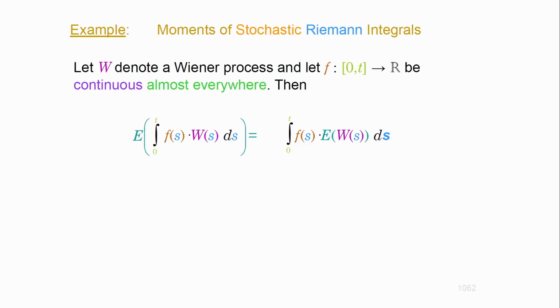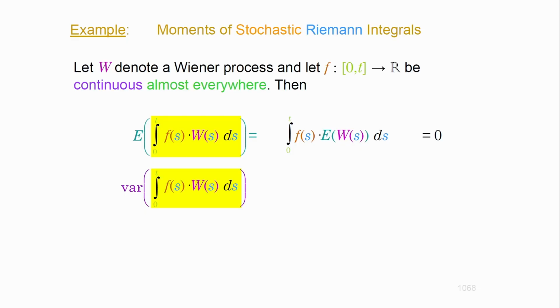Now, what about the expectation of the Wiener process? The expectation of the Wiener process is 0, by the way, right? So here comes the integral of 0, and that's not a big deal. So that is true. However, the variance is not. The variance is going to be different now. We're going to address this in detail.